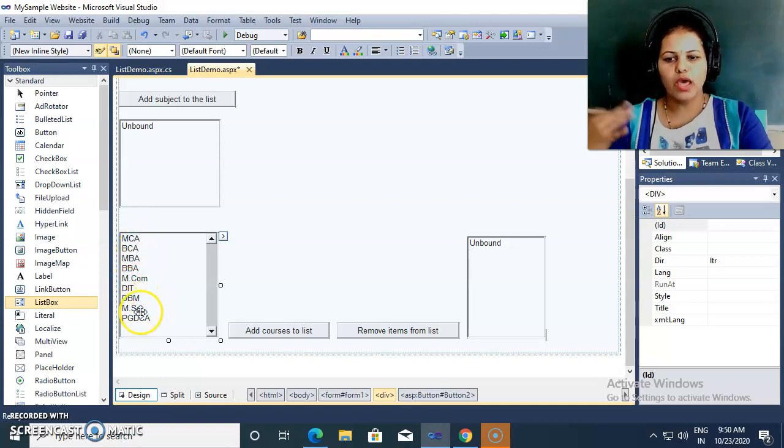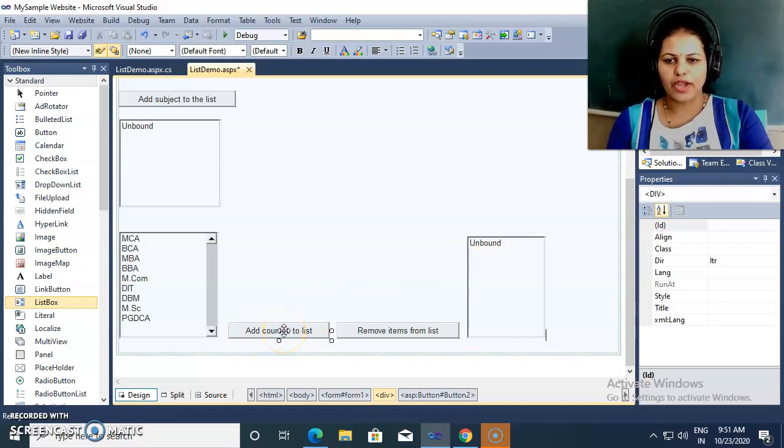From the 0th index to the last index, we traverse all the items one by one, and by accessing one by one elements, we check whether that particular accessed item is checked or not. If that particular item is selected by the user, then we need to add that item inside this list box. So now we know how we can add an item to the list. By using the add method, we can add one particular item inside the list.